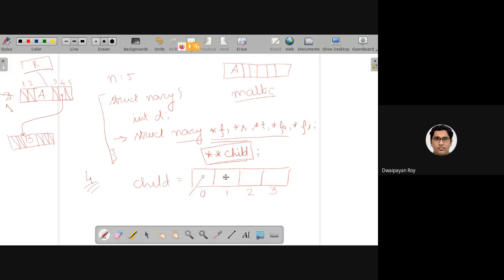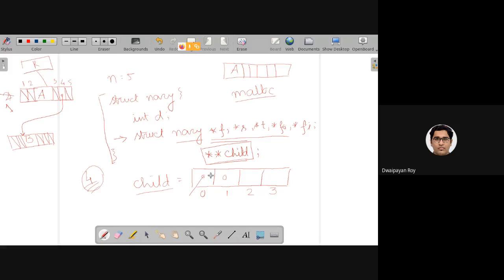As the degree of this node will be 4, we will be declaring this child as an array of size 4, and each position of this array will be containing the address of its child nodes.